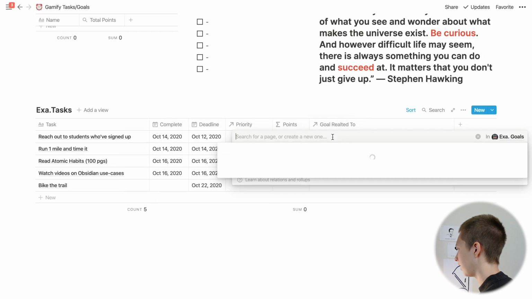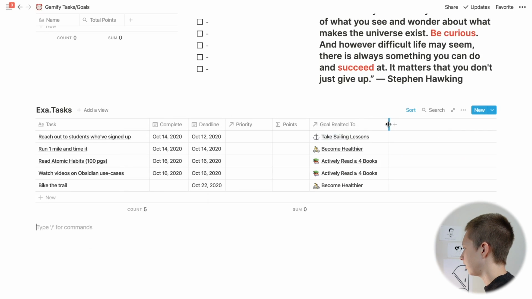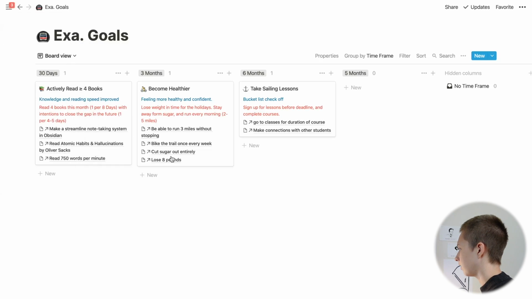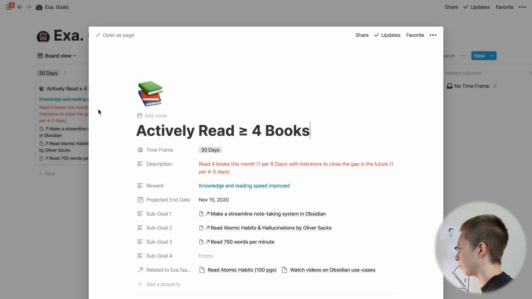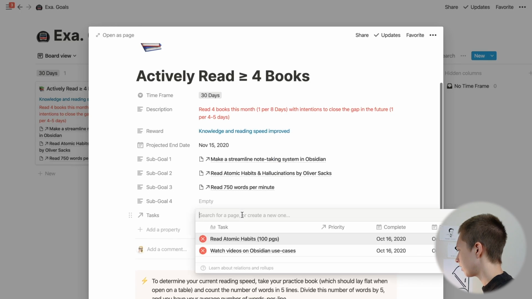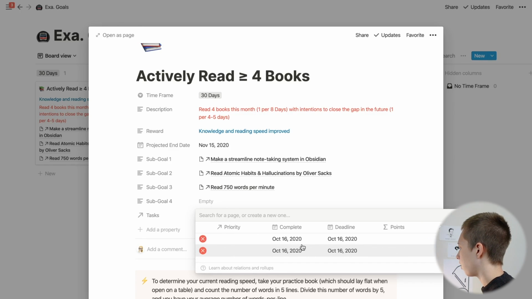Create that relation, and now I have a window into that database. So now, if I go to my goals, say click on actively read 4 books, I can see all the tasks that are related to this goal. Now within something like this, you can drag these around, and you also have a window into all of the